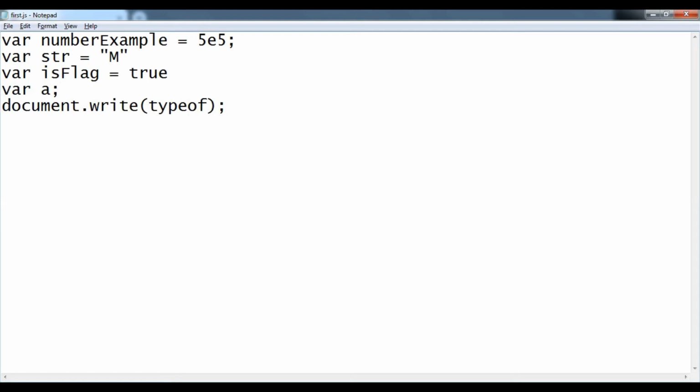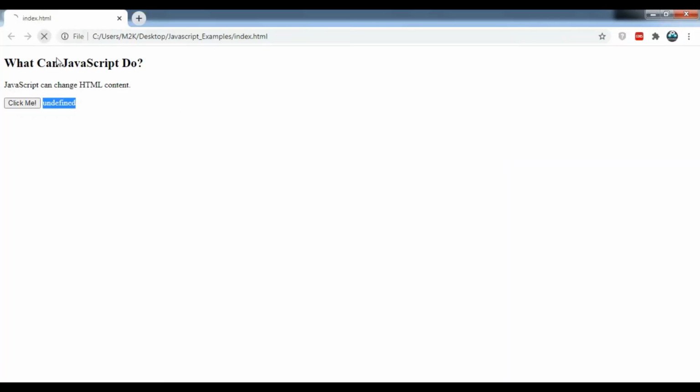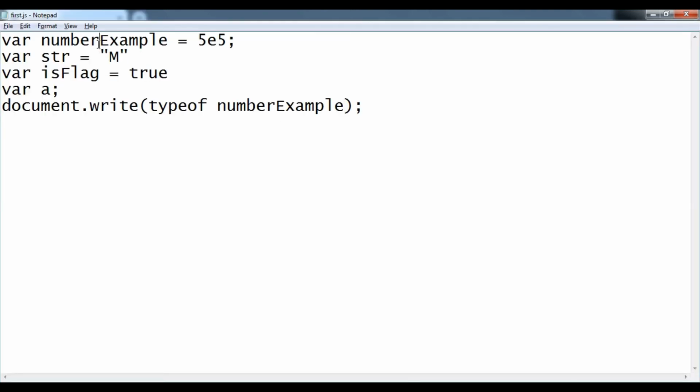Okay, so let me write this typeof, then put this number example. Because this number example is a number type variable and we are writing the typeof operator before this variable, that's why you can see it's returning me number as output.